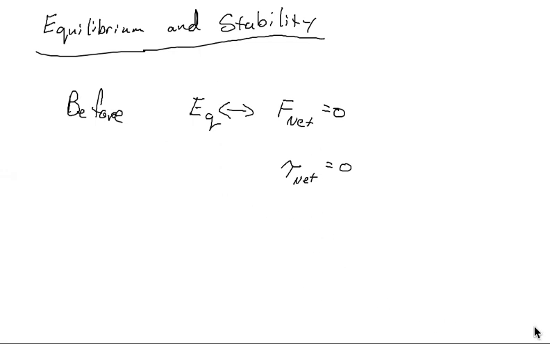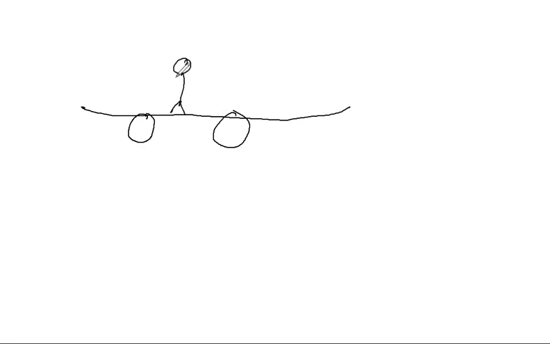Stability is related to this. Stability has to do with, is something going to rotate? Yes or no? So basically it's a question, can you maintain equilibrium? For example, imagine we had a skateboard. It'll be a really big skateboard, with a leprechaun on top. If the person is there in the middle, presumably it's stable. But if the person were to walk out towards the edge, there would be a point beyond which, if the person were to stand, the skateboard would start to tip.